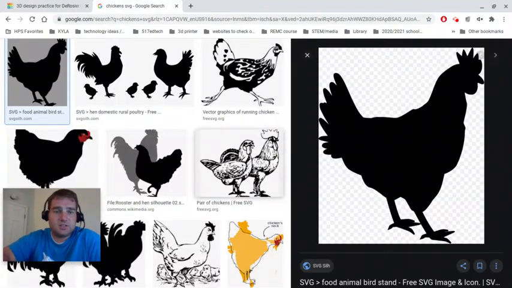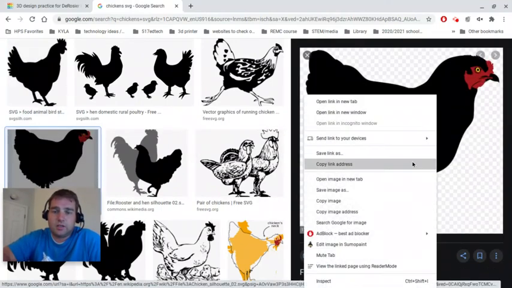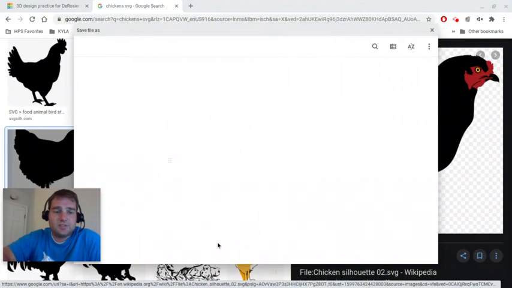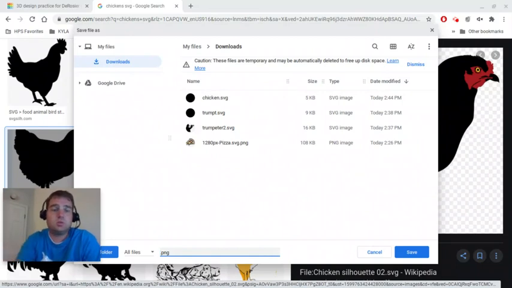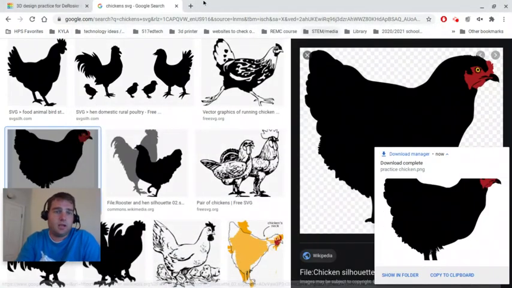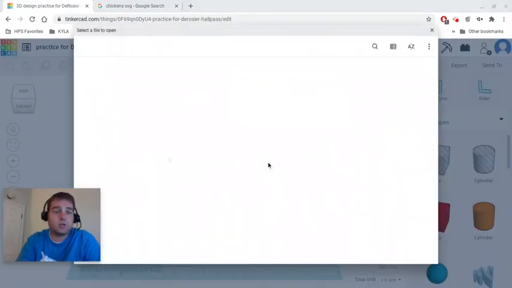But one of the biggest things is when you are checking these images in Google, you have to right click and do save image as. If it's an SVG file that you can change, you can save it. But this one is a PNG file, and I'll show you what happens when you try to import something that's not an SVG file. And you may even be tempted to change it. Don't change it. So we're going to save, and we'll go back and we'll see what that error code is